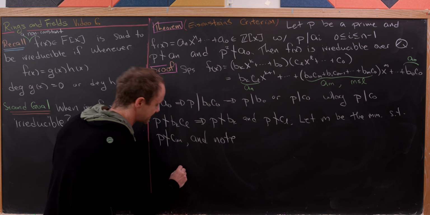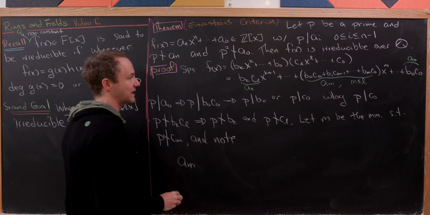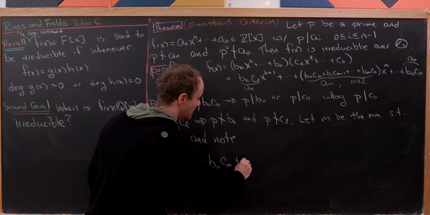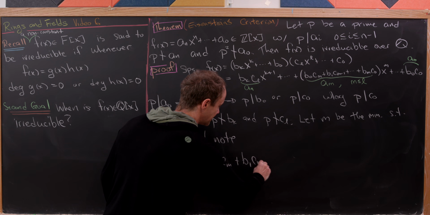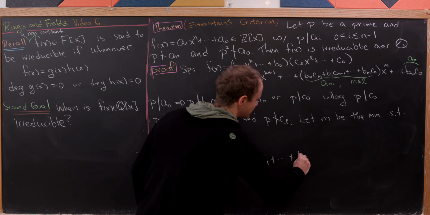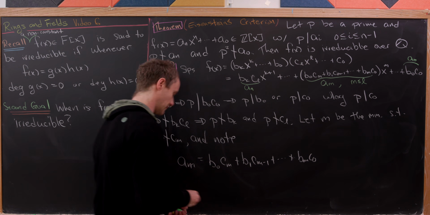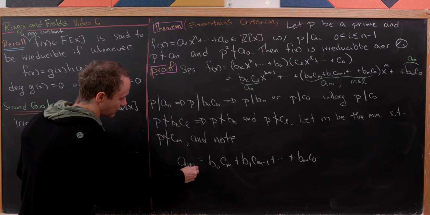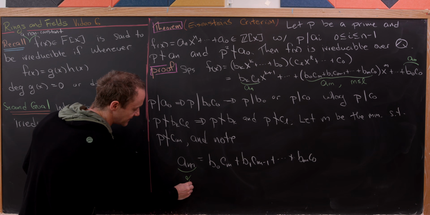So let's notice that we can write A sub m as B0Cm plus B1C(m-1) all the way down to BmC0. And I'd like to observe that this part right here is divisible